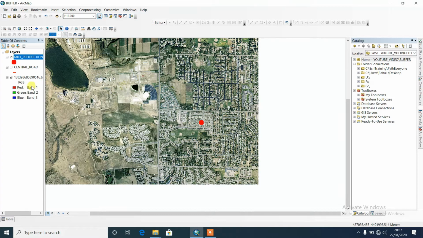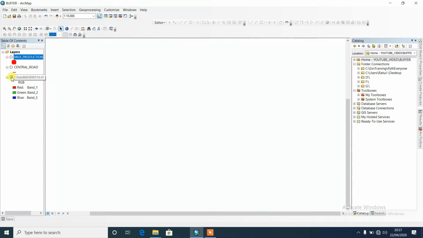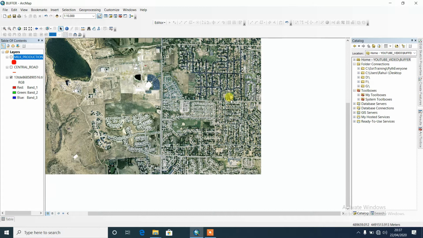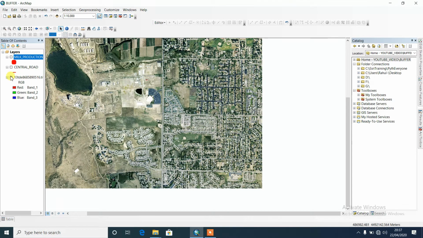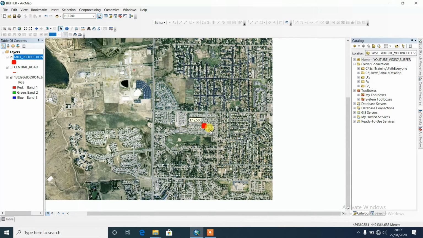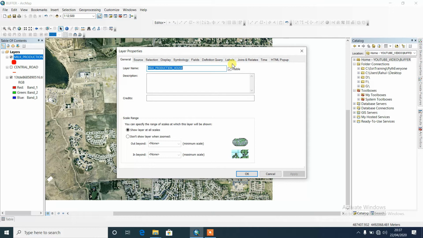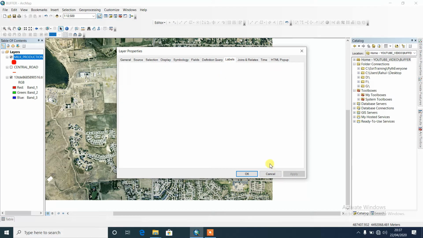To analyze this, here I used this image and I used a save file. This is my image. Generally it's a residential area, and this is my save file. To analyze based on the line, I take the line and name it central road, and another is my point save file, which is the milk production. I just made it as milk production. That means in the city area they provide the milk for us, like that. Here I can label it to make it easy to understand.